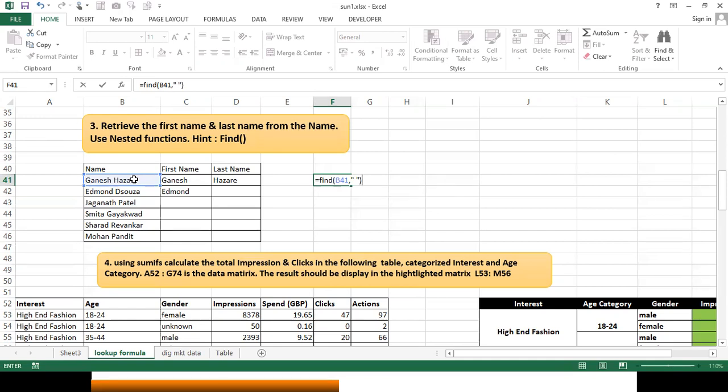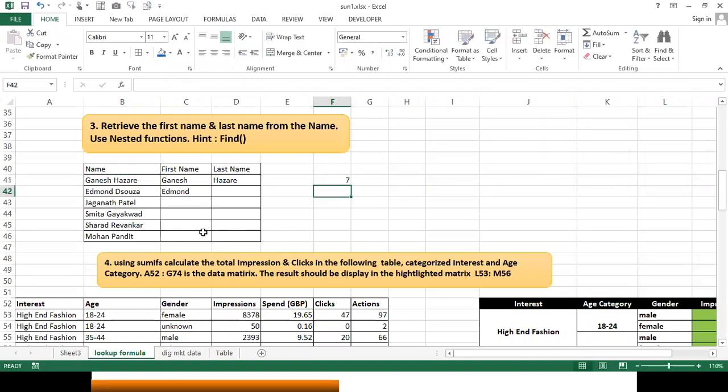I'll just complete the bracket and close it. Let me repeat: equals FIND, space, from the name.